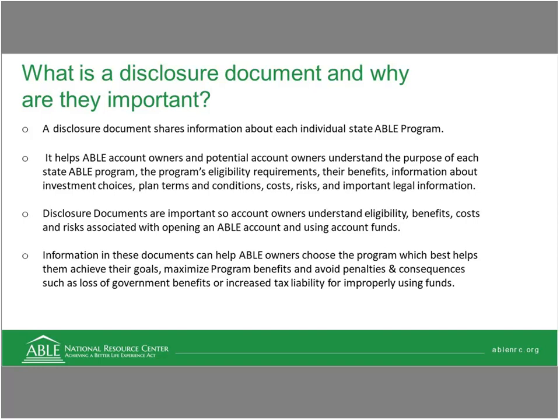Disclosure documents are also important so account owners understand eligibility requirements, not only what we talked about, but any additional requirements specific to that state program, such as whether the individual has to be an in-state or can be an out-of-state resident, as well as benefits, cost, and risk associated with opening an ABLE account and